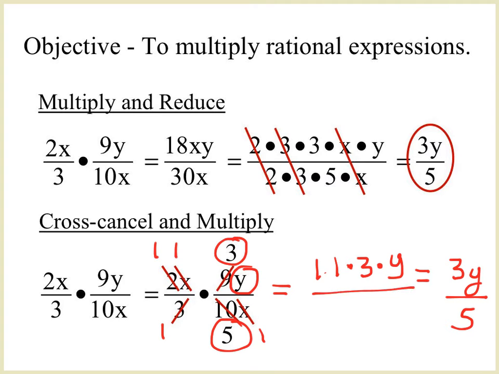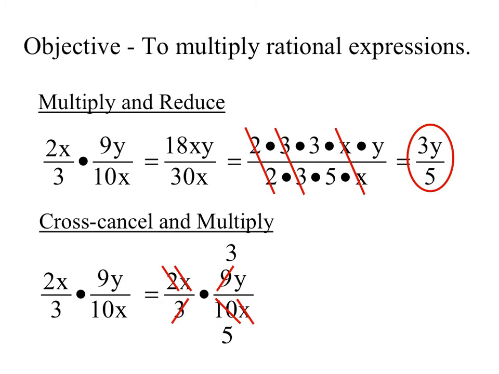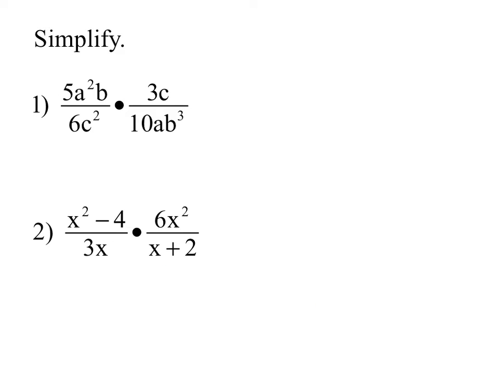You don't really need to do this middle step here. I just wanted to show you what we're actually left with. So reducing by cross-canceling or cross-dividing out a common factor is a much simpler way, especially when the numbers get really big. All right, so now I've got number 1. Once you pause it and you try it,